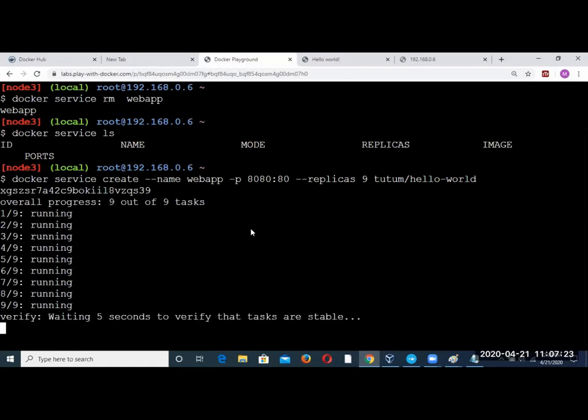You see, it is creating 9. Now let's go to those machines. How many replicas are you expecting on each machine? On each there would be 3. We have 3 nodes, so total 9 replicas. It is being divided in the background.